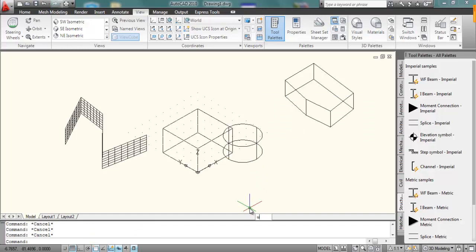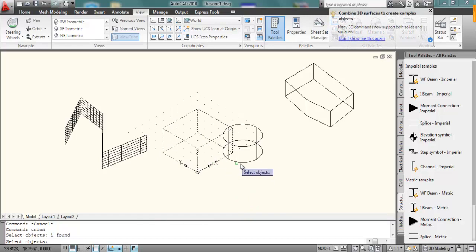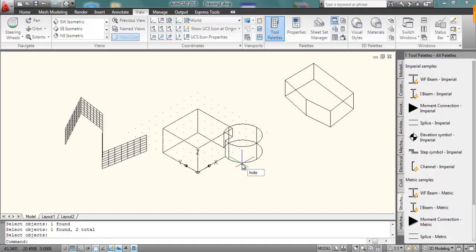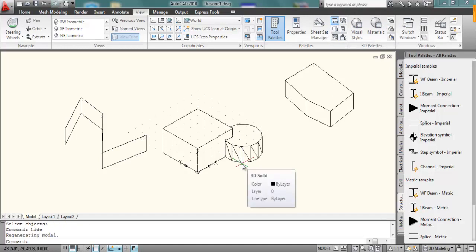Type the union command. Select both objects one by one and press enter. Here you can see that it is a combined object. We can also subtract one object from another object.